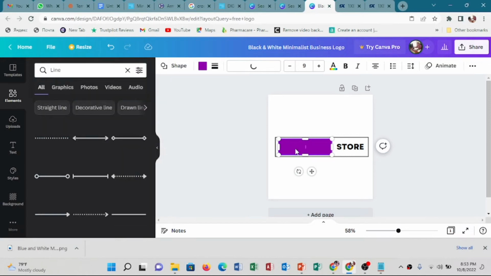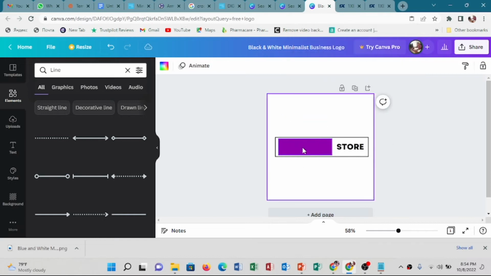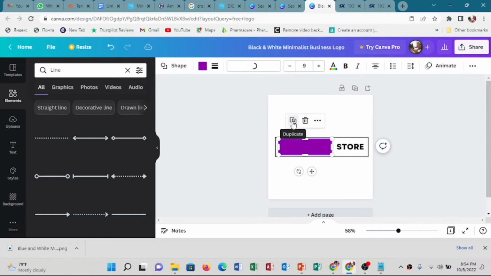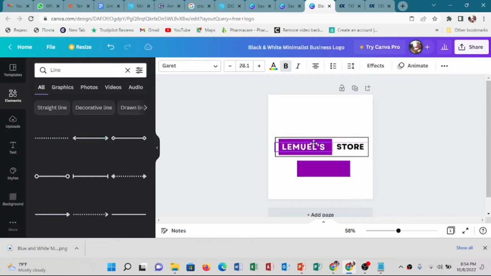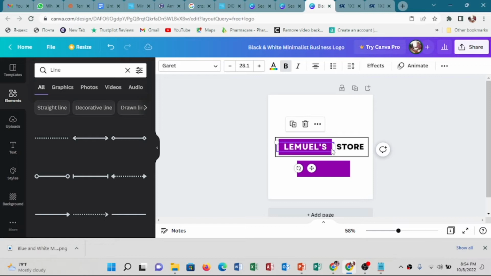and paste, or you can just right click on it and click on copy, okay, and then you paste. Or you can just click on the shape and there's a plus button here, you click on duplicate. So click on duplicate and then it will duplicate for you. Now remember that my logo is here. I'll put my logo here, and then I'll select my rectangle also nicely, resize it a little